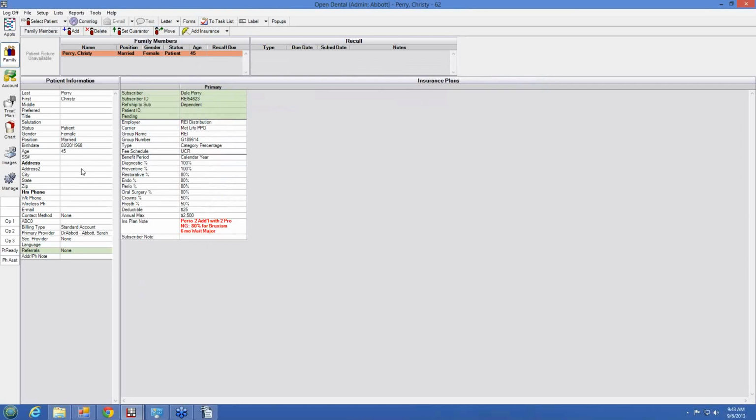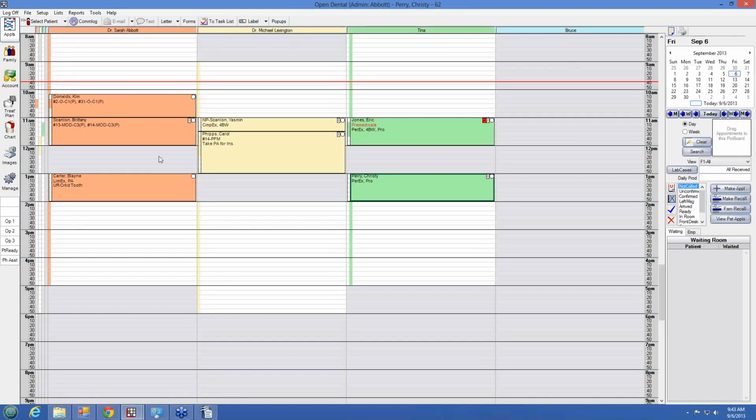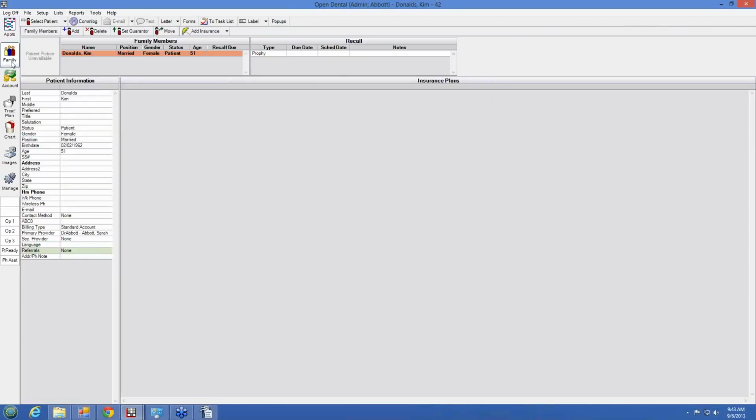Okay. Using the Pick from List button versus adding employer carrier information. Select the patient, choose the family module. It's important to understand that each time insurance information is manually entered into the system, a